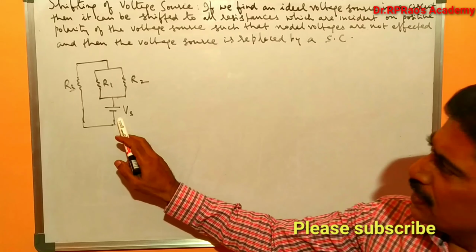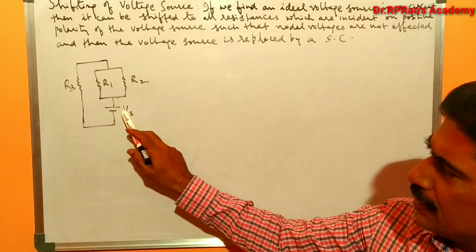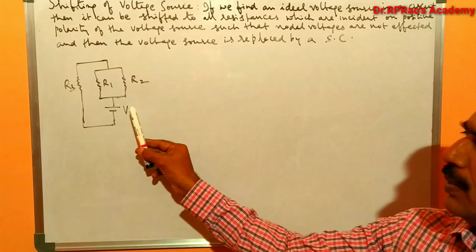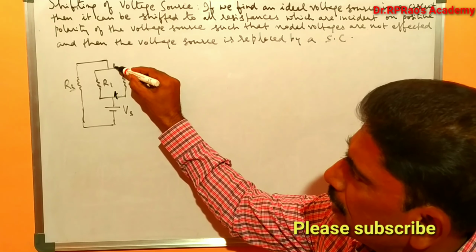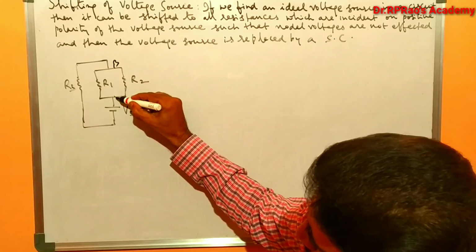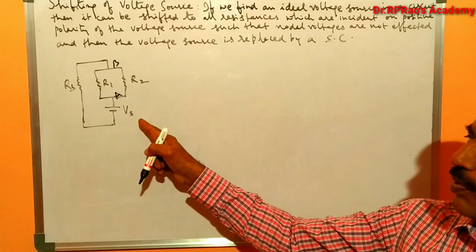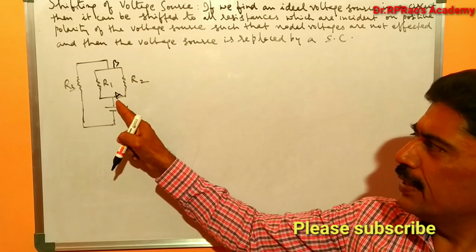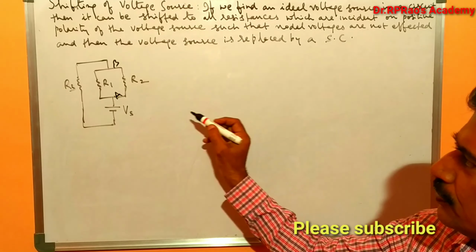In the diagram, Vs is the voltage source, on its positive polarity R1 and R2 are incident. That means R1 and R2 are incident on this positive polarity. So this can be pushed into this node A. Let this be node A and let this be node B. Pushed into the node A. We can also call it E shifting. That means this voltage source is moved through node A, and it will be in series with R1 and R2.